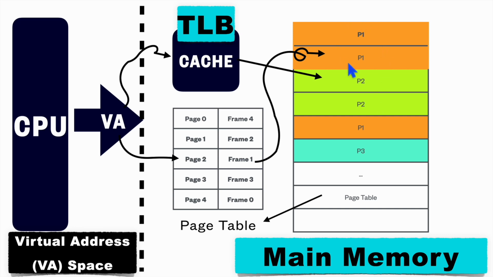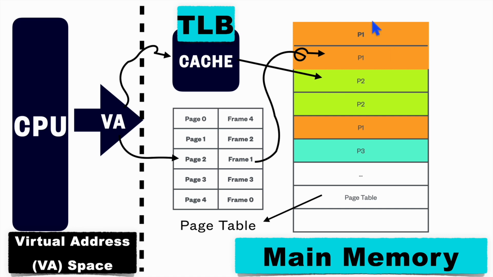So the total size of P1, the total size of process P2 and the total size of process P3, if it is greater than the available main memory, then in that case the complete process cannot be loaded into the main memory. Only the part of the process which needs execution currently will be loaded to the RAM, and the part which doesn't require execution now should not be loaded into the main memory.